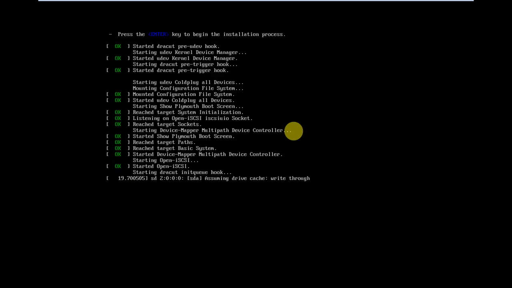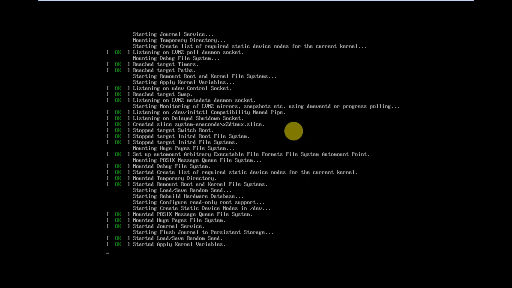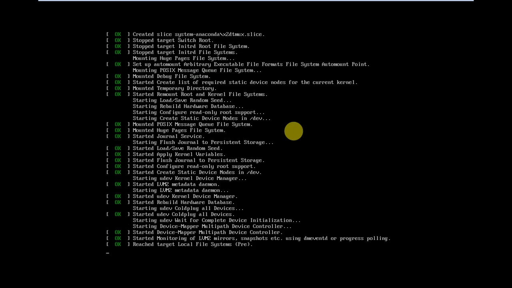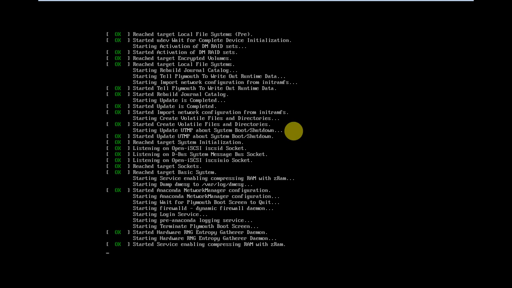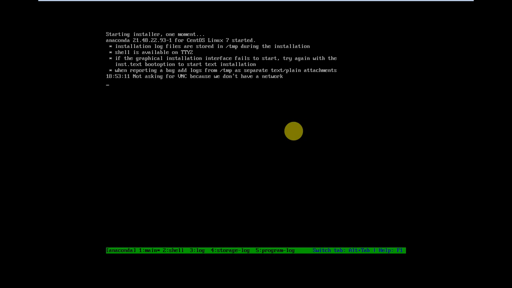Yeah, now it started. It will take some time, not that much time, but it will take. So yes, a very little amount of time, according to your system configuration and the virtual machine settings you gave.